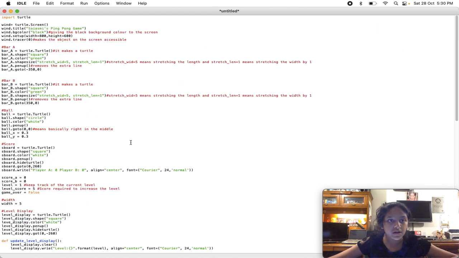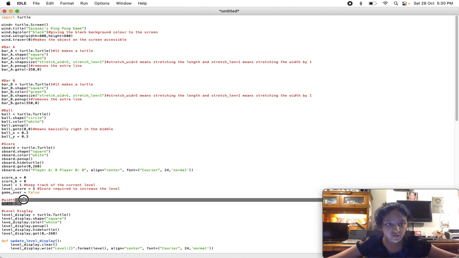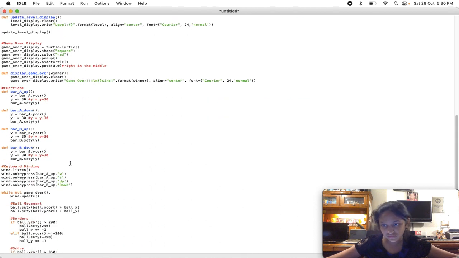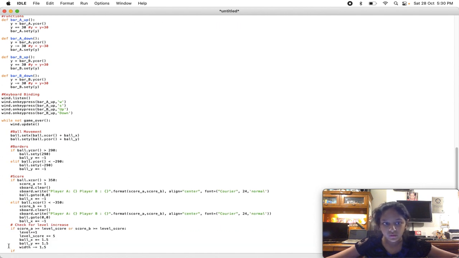So do you remember that I told you, right, where is it? Yeah, we had written width is equal to 5, right? So here width is minus equal to 1.5. Basically the length will decrease. Now we'll write bar a dot shape size